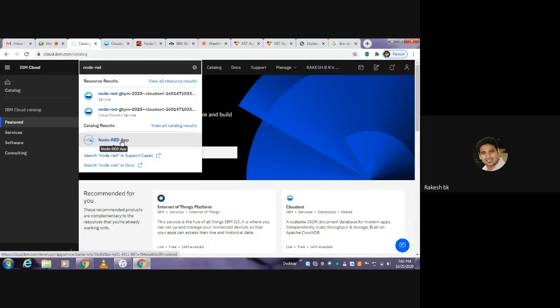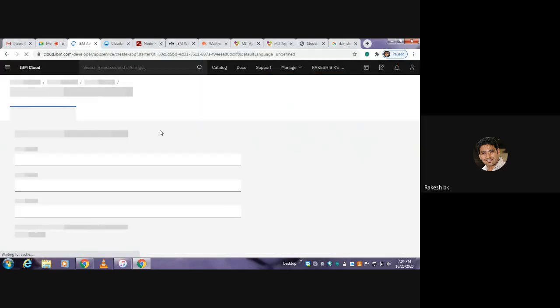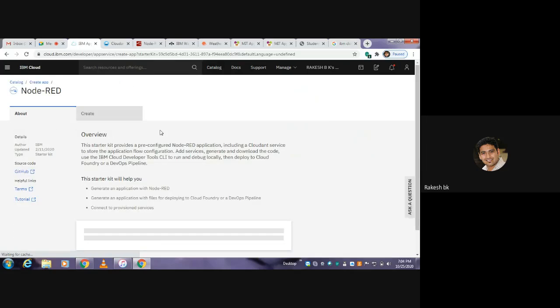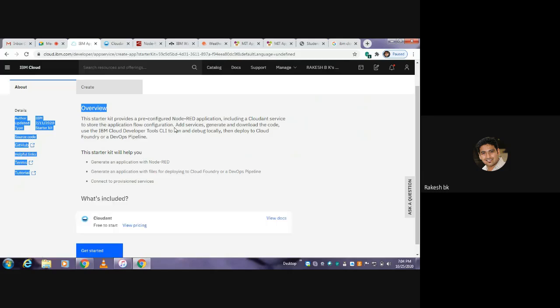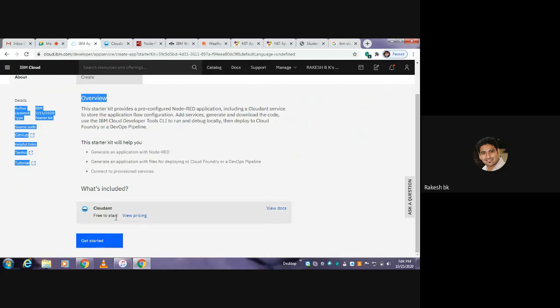If you click onto the Node-RED app, it redirects to the page stating that you have to create an account. So you can create it here in a couple of seconds. Yeah, so you can get started straight away.